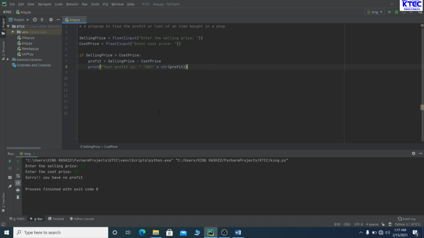So when the user gets a profit, that is if the selling price is more than the cost price, that is when the user gets profit. But what if the user didn't get a profit? That is when the cost price becomes more than the selling price. In that case, you have lost. So we say else means you have lost, and for that matter something should happen. Else means print a message like, oh sorry,